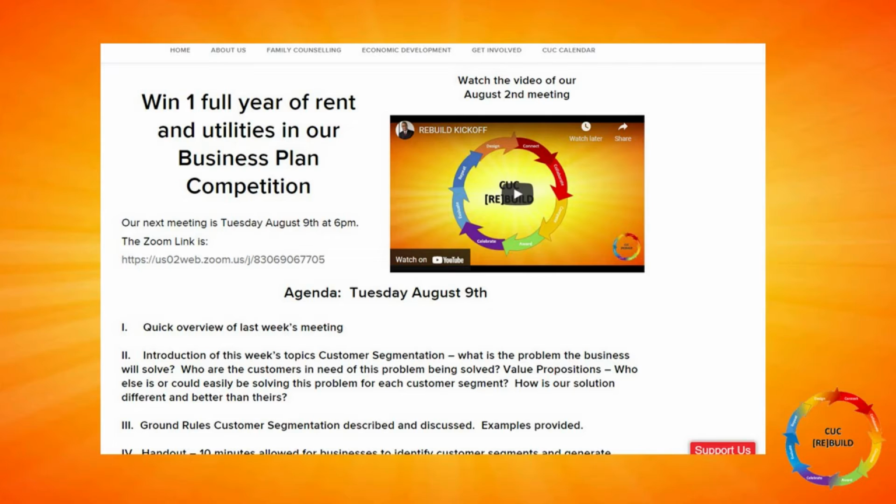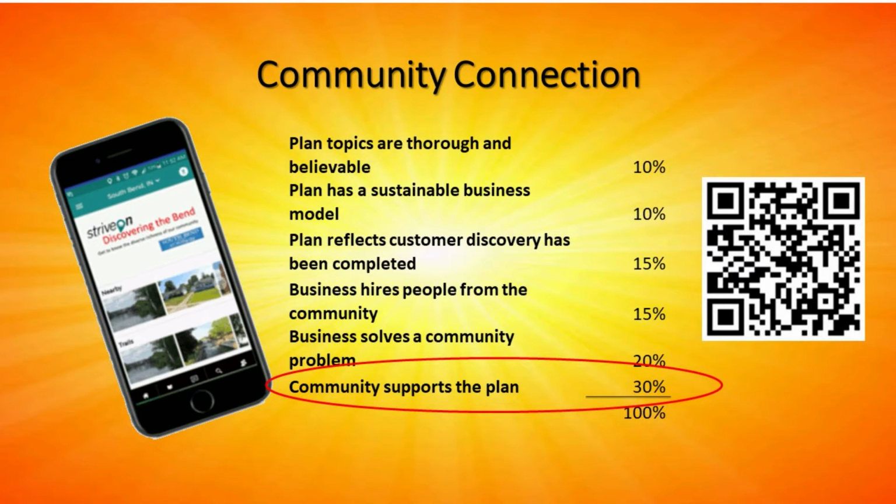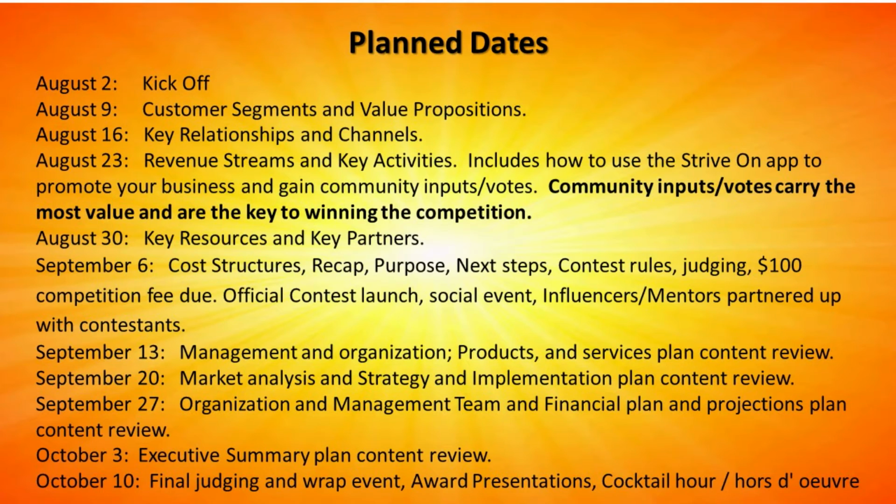selecting a winner. If you click on the link for the agenda, this is the page that will pop up. And if you click on the agenda, download, it'll download to your computer. We talked about the way the plans will be judged. And I emphasized the biggest way to win is to get community support. We describe briefly the Strive On app being used to connect with the community. And after we go over the first topic, we'll talk about how we can help you tell your business story on the app. We reviewed the dates with the plan to award the prize on October 10th,